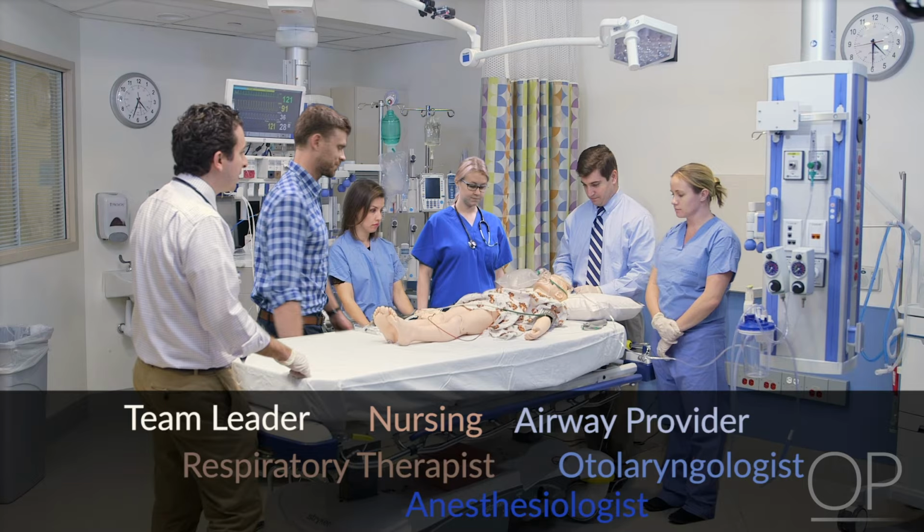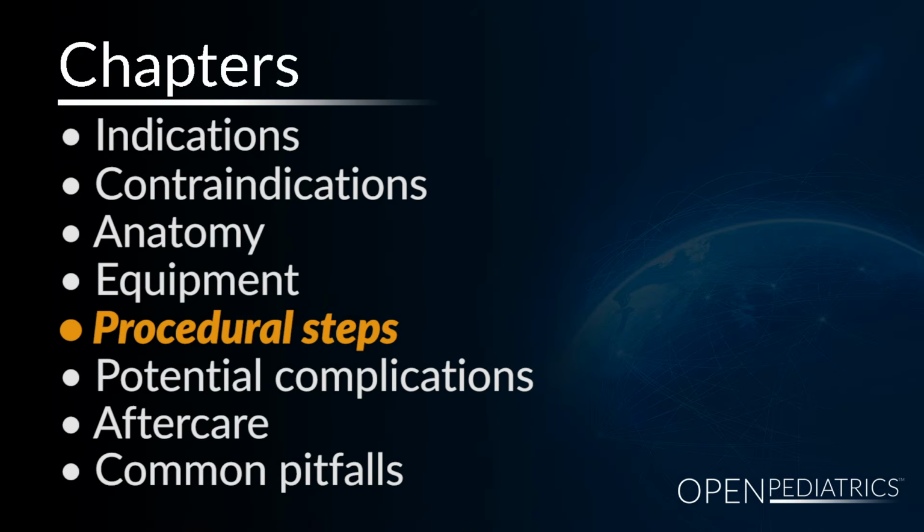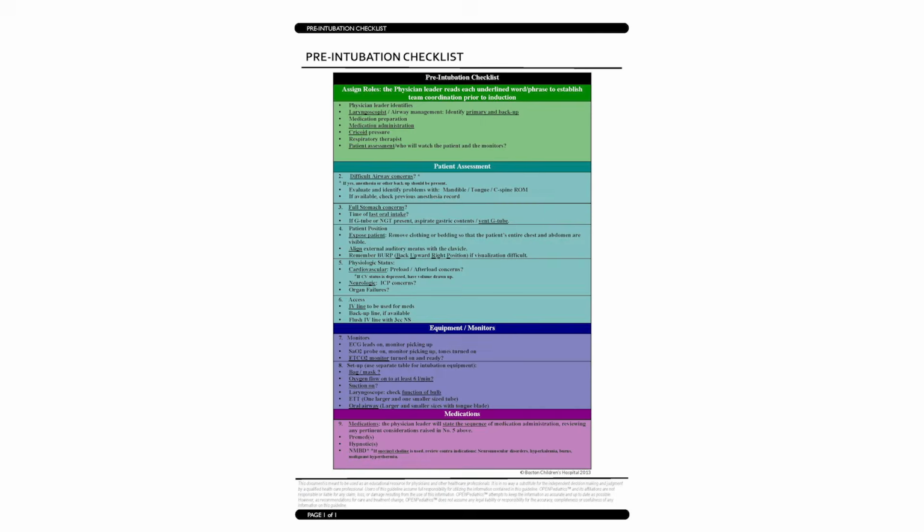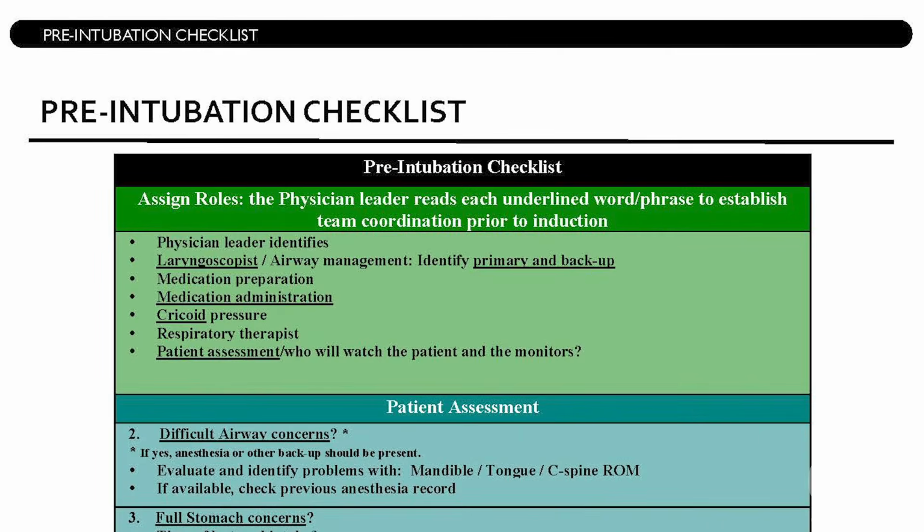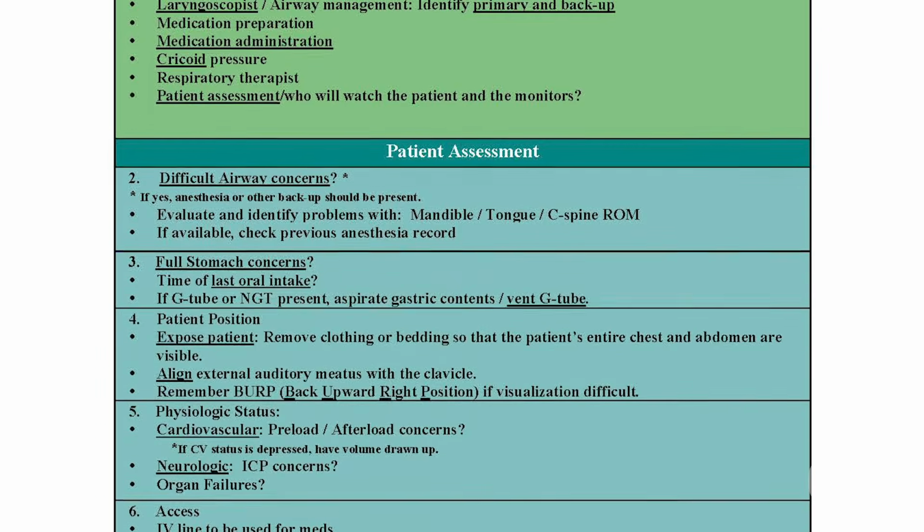Prior to the procedure, review local protocols for calling emergency assistance in the event of an unanticipated difficult tracheal intubation. Procedural steps. The first step, when time allows, is to utilize a checklist to review intubation risks and the airway